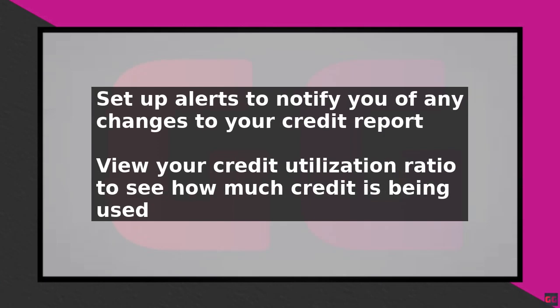Another key feature of the Experian app is the credit score simulator. This tool allows you to see how different actions, such as paying off debt or opening a new credit account, may affect your credit score. You can also use the app to dispute any errors on your credit report by navigating to the Disputes section